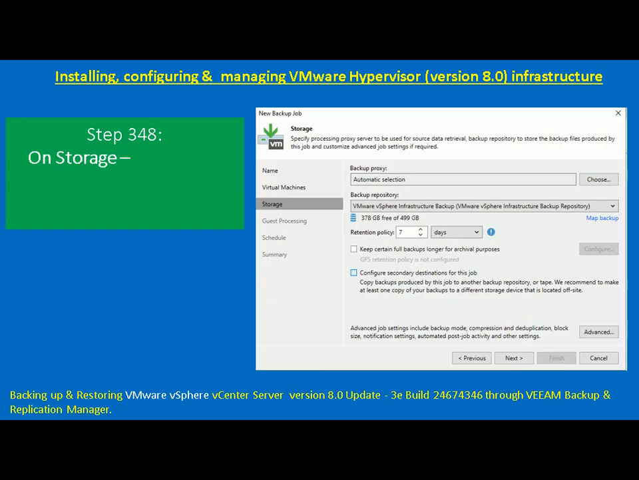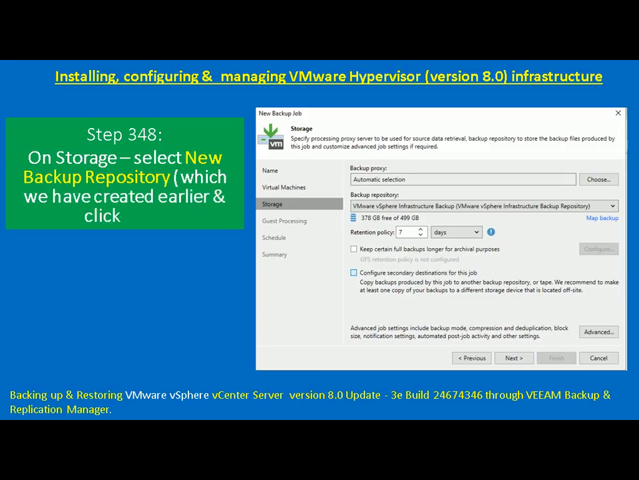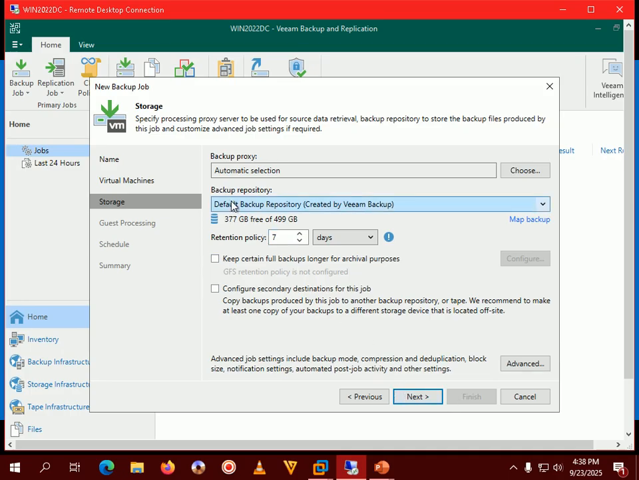In the next screen, we need to select the new backup repository which we have created earlier and click next. So the backup repository, whatever we have created earlier, we need to choose that one. So VMware vSphere backup repository, right? In the earlier module we have created this. Okay,